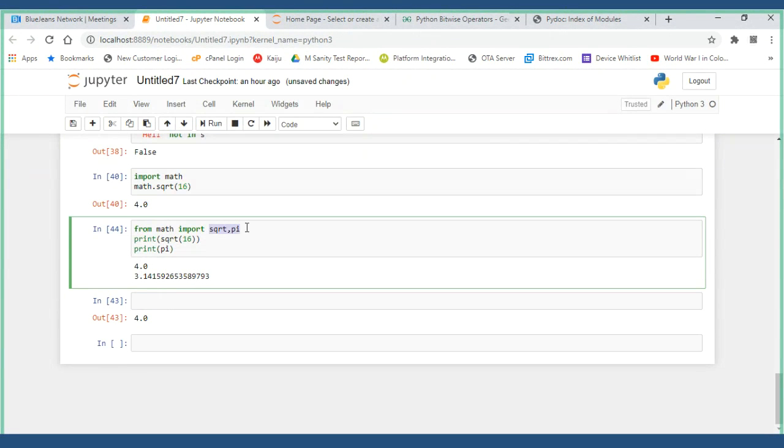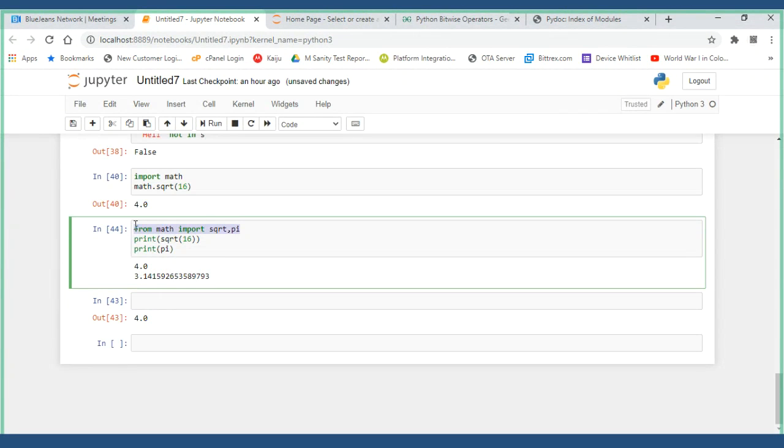Everything else in the math related module won't get loaded, so memory optimization happens. With that, you can achieve the performance. So this is the correct way to use any modules. But for us, since we are at the beginning, you first try to import and get used to it, and then you can continue.